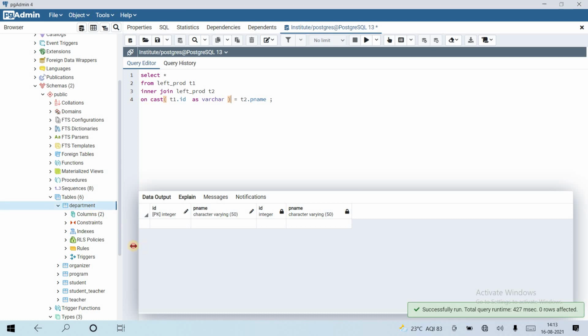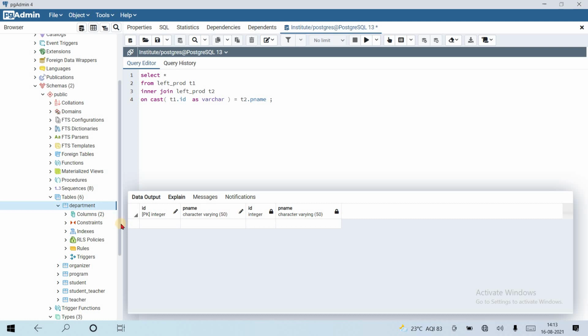Yeah, it's not giving me any value. So it has id and character column values, but it works. We can use different data types too; only the column values must match so that the data will be retrieved.